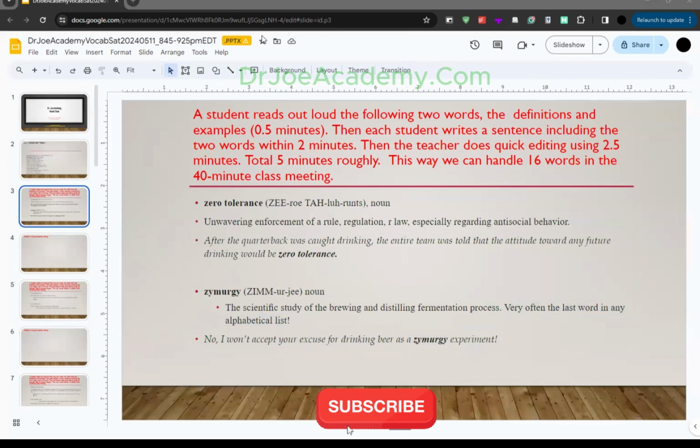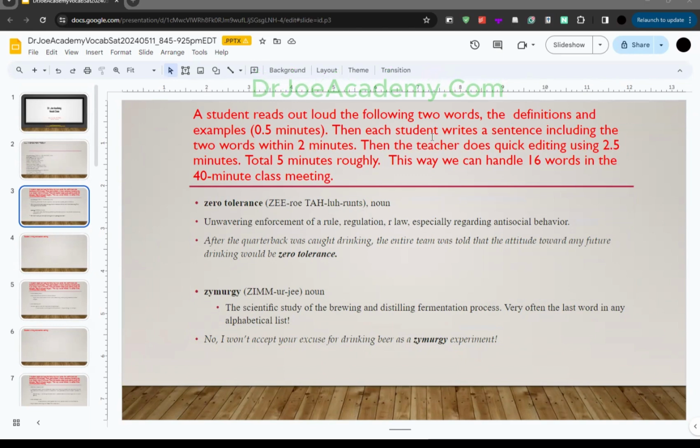So I'm going to give everyone a couple minutes now to go over these two words. You can reread them on your own if you'd like, or if you have any questions, you can let me know. But you're going to take some time to write a sentence using the two words. So you can do two words in one sentence, or